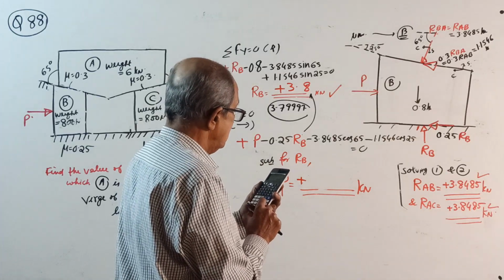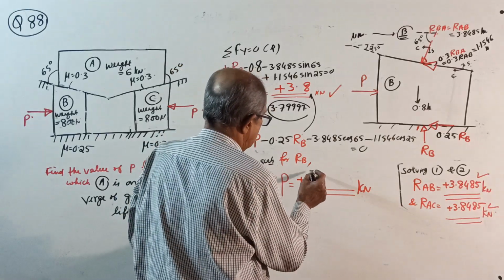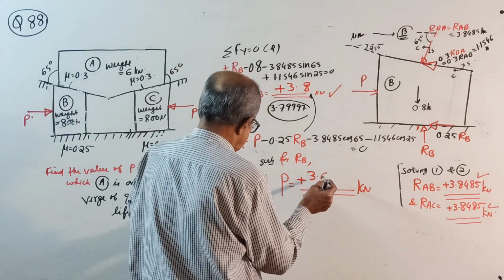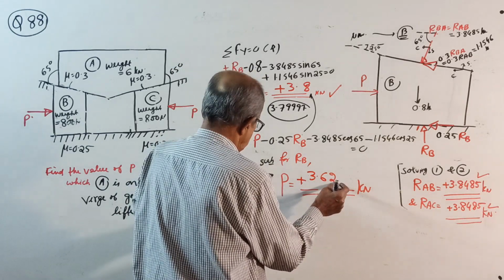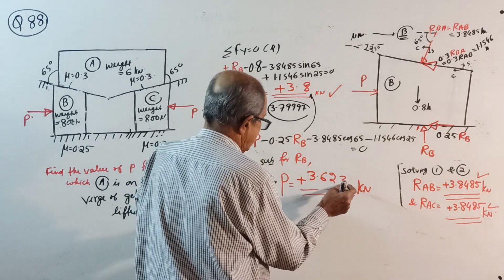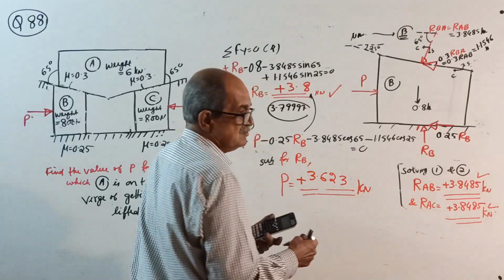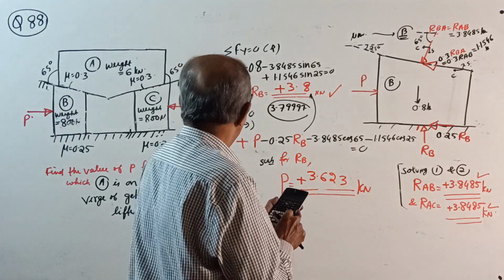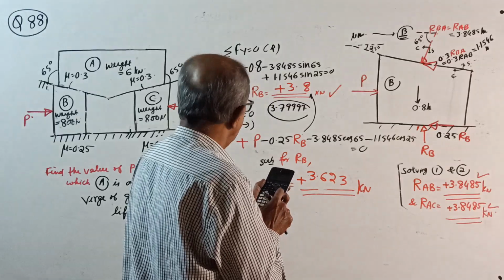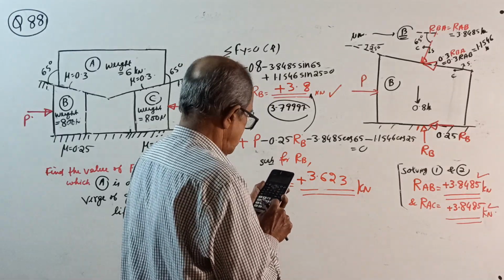It is coming 3.623 kilonewton. Okay, I'll check once again, because when I correct it here, 0.25 into 3.8 plus